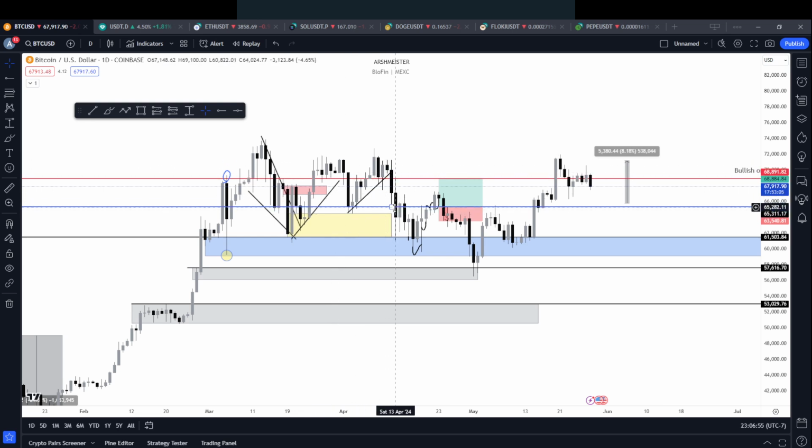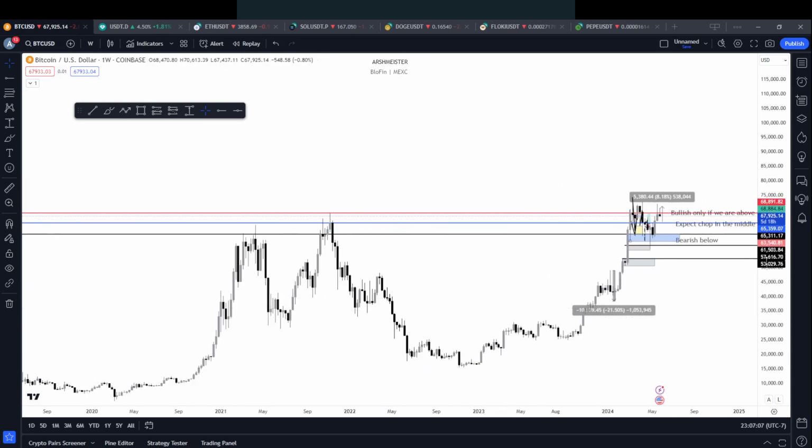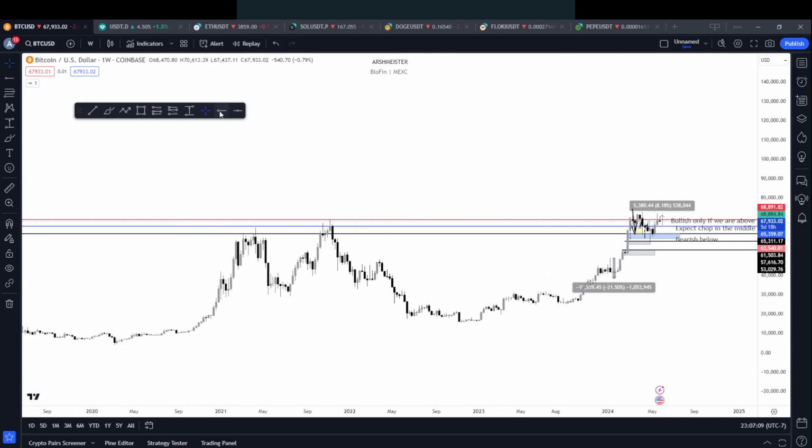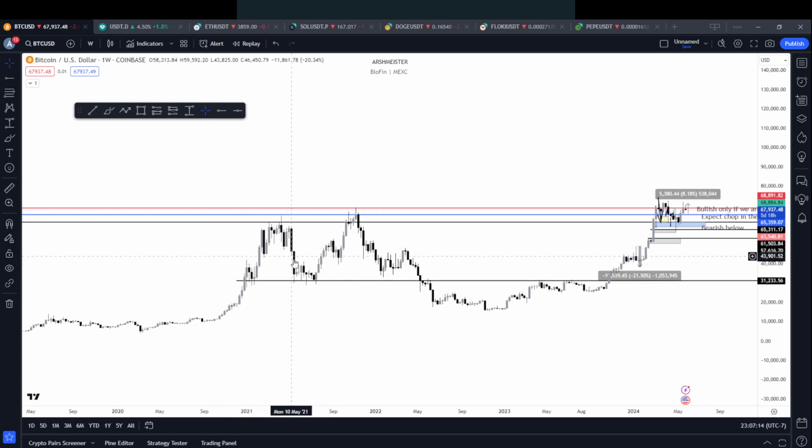And then again, and then it comes back down, takes all of this liquidity here, and then starts its next impulse up, right? Or we go a little bit further back, okay, highs, right? This one made new highs. Sol hasn't done that yet,